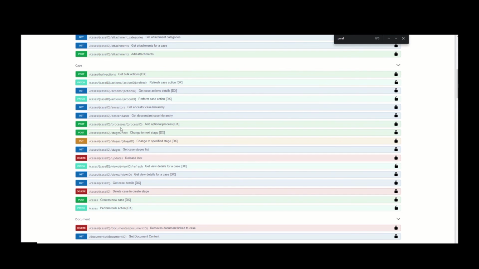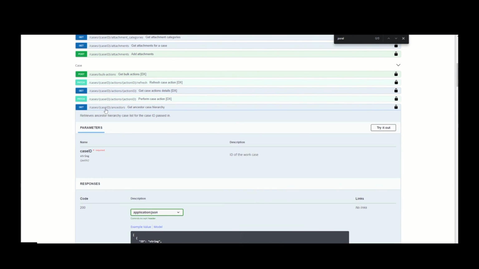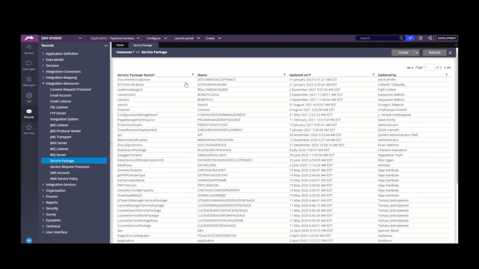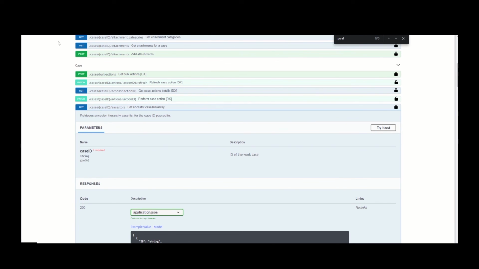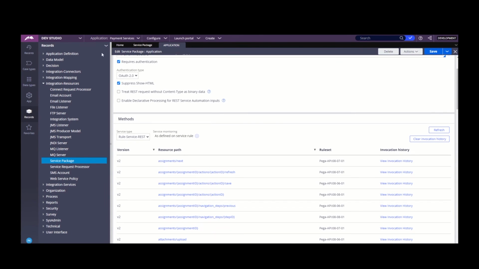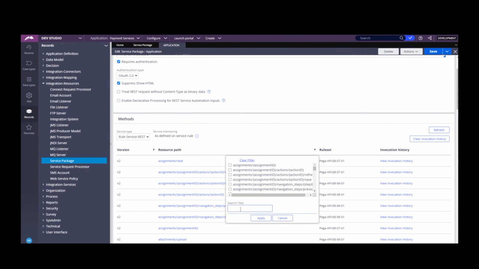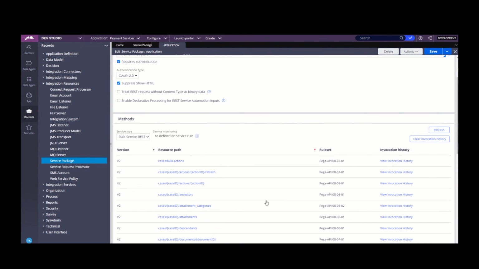If you're interested in taking a look at case ID ancestors, just giving an example, it definitely needs a case ID. That's fine, you can take out the case ID, but what is exactly under the hood in the service automation or activity? For that, we can go the same way here, where we set the service package as application, and go to the resource, which in this case is cases. V2 is the version we know, and for the resource path, we can give cases as the keyword, and then it fetches all